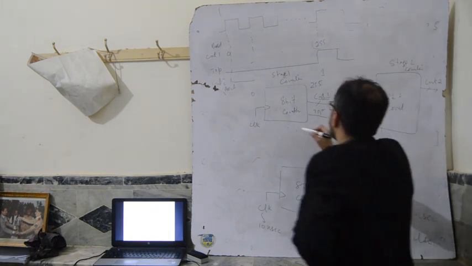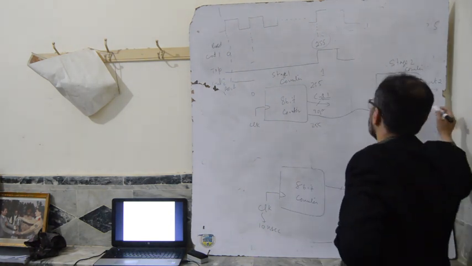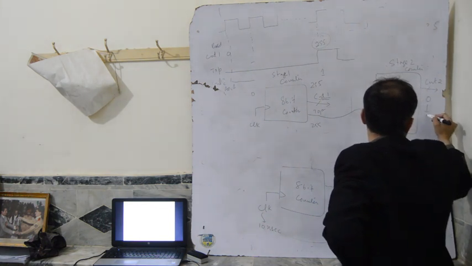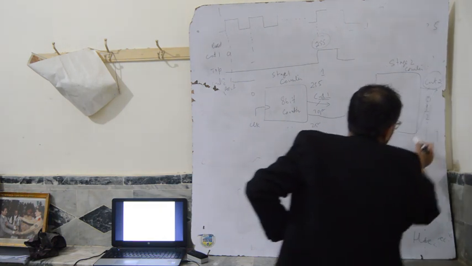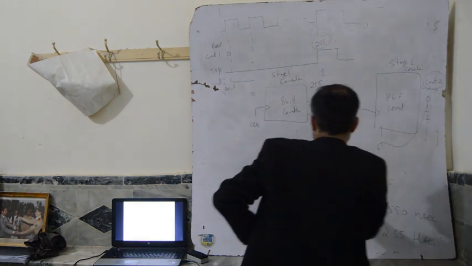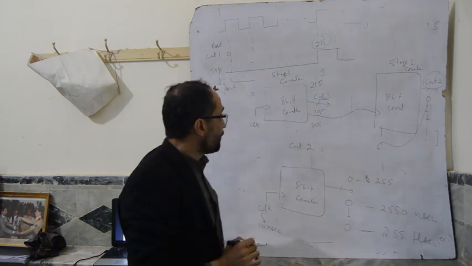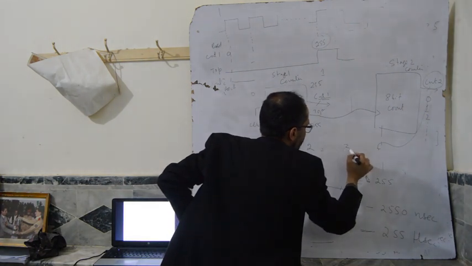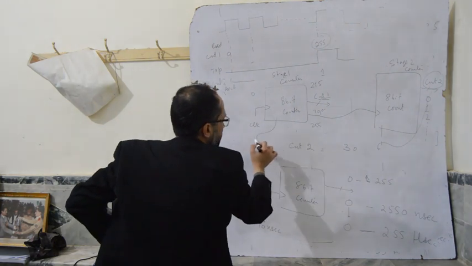And when it again reaches 255, this will be 0, 1, 2. So let's assume that the value of count 2